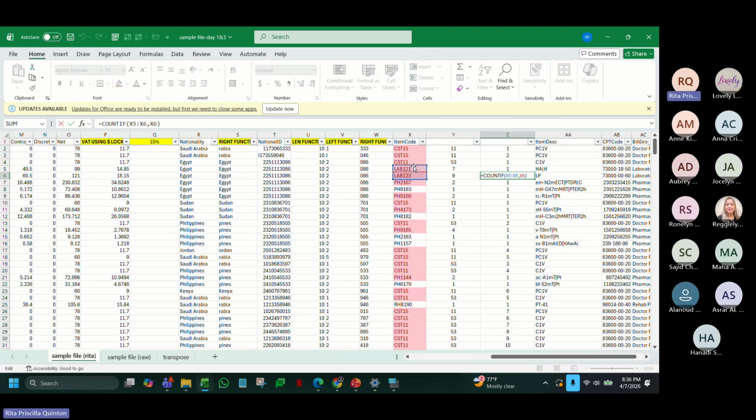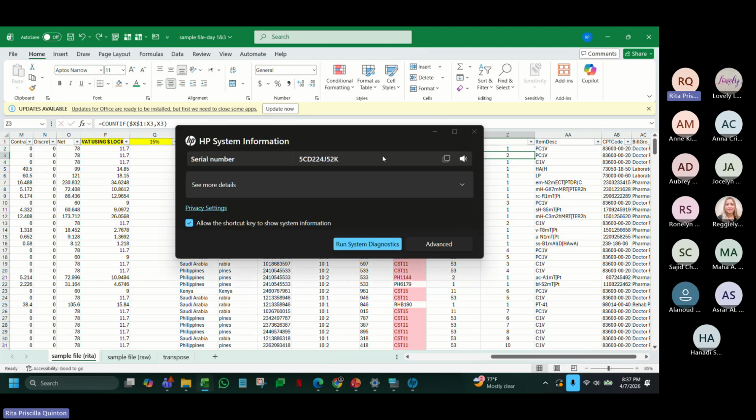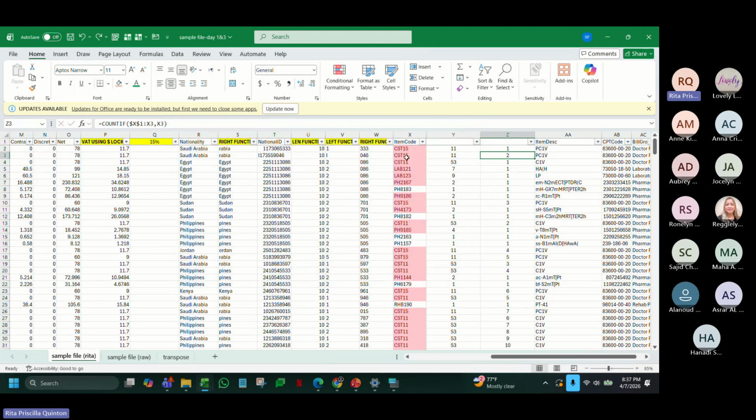So, of course, here, this is the first lab 1, 2, 3. Okay. How does the absolute change the game? If I go here, see, it started here on the top. You go here. As you go down, the x1 stays. That's why it counted 2 on this second line. Because now here on the range x1 to x3, you will see that this is the second CST15.